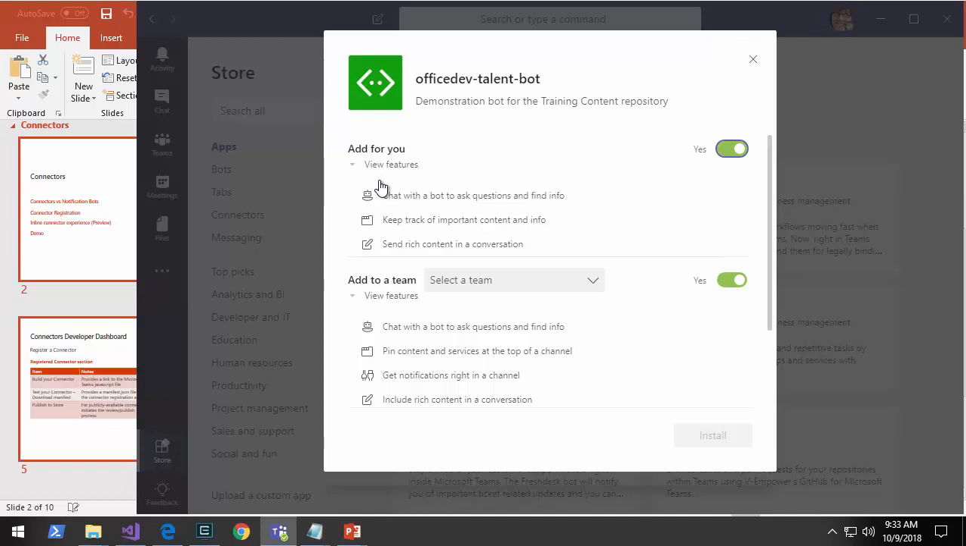Now this app that we've included includes bots and messaging extensions as well as tabs, so it shows that I can add things for you or add to a team. Add for you are items that have a personal scope, and add to a team are things that have a team's scope. Because we're just focusing at the moment on static tabs, I'm going to turn off the add to a team capability and see I have the ability to add for you: a chat, keep track of important content and info in the tab, and then send rich content in a conversation. This first one is my one-on-one bot, the second one is my static tabs, and the third one is the messaging extension. So I'm going to install,